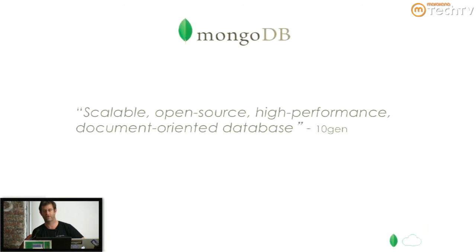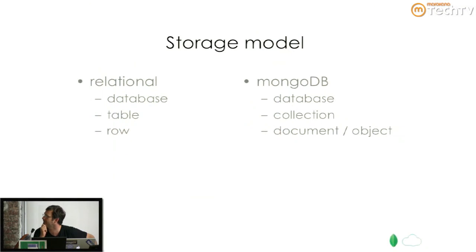But first, before I talk about why MongoDB is good for just any size of data, I just want to give a little background on what MongoDB is so you can have a mental model of what we're talking about. So first thing is the storage model. MongoDB is really not all that different at a high level from a traditional relational database in the sense that you've got these things called databases. Inside databases, there are collections, and that's the term that represents what in a SQL world you'd think of as a table. And whereas in the SQL world you have rows, in MongoDB you have what are called documents